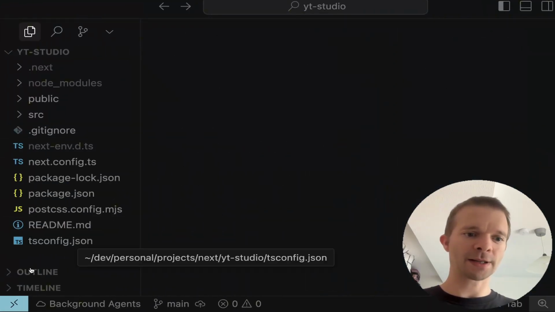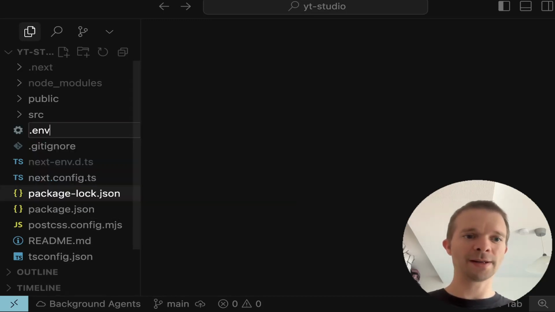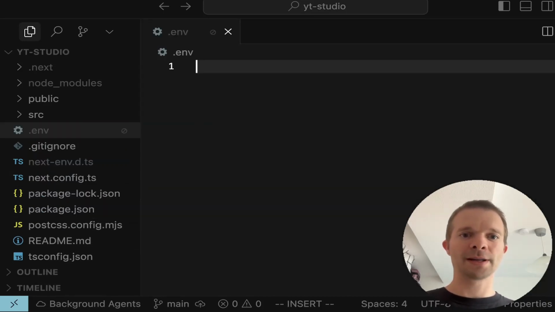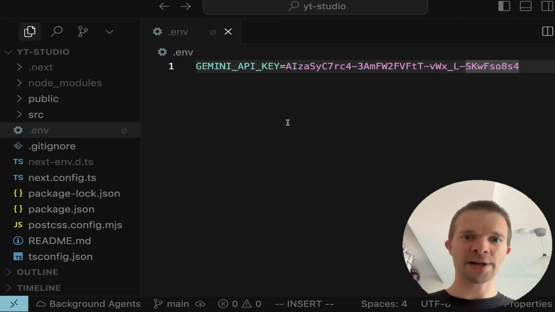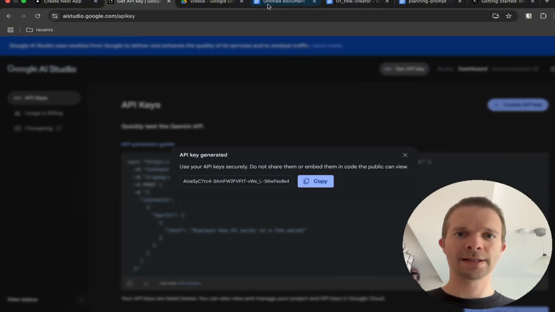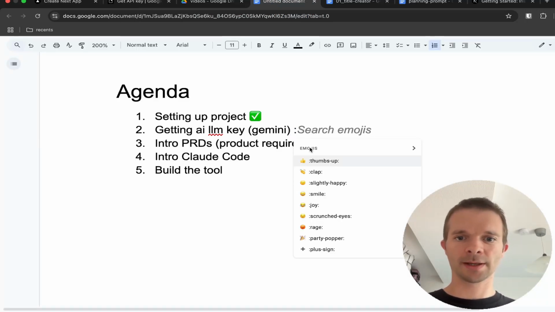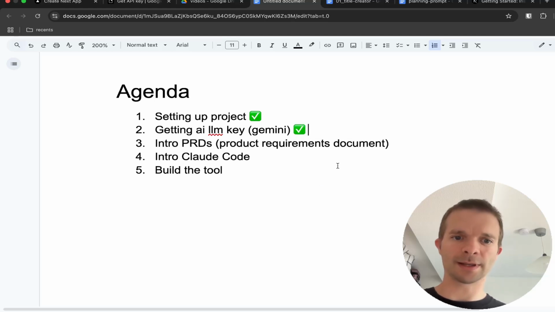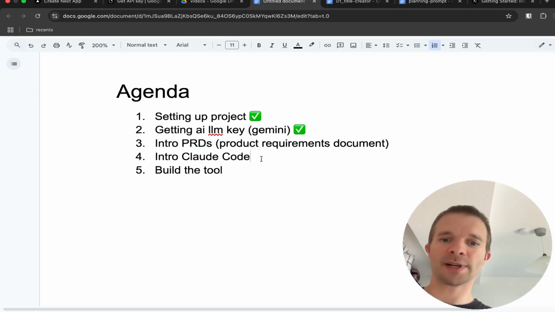So here in Cursor, we have to create a new file, which we call .env. And here we copy Gemini API key equals, and then we just paste our API key. That's pretty much everything we need for now. So we can add a little check here. Check. Nice, nice. Good. As these two steps are done, I will give you a short introduction into product requirements,